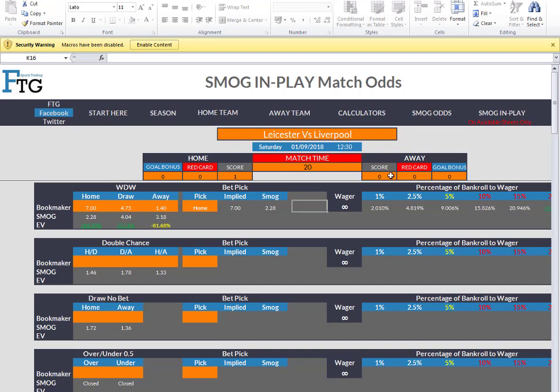As the match goes on, you can enter the new odds that come up on the bookies or on the exchange, on the sportsbook, exchange, Betfair, anything like that, and tap them in to see if the value is swinging towards the draw. You might want to get out. Liverpool might be 1-0 up after 20 minutes. You can see the price is going to come in rapidly. If we go back up here and we click back over, you can see the draw is in favour